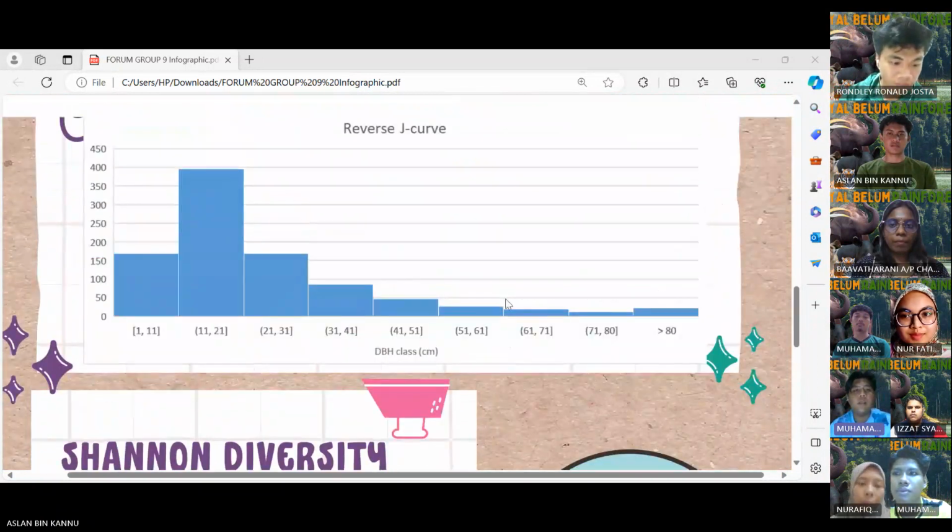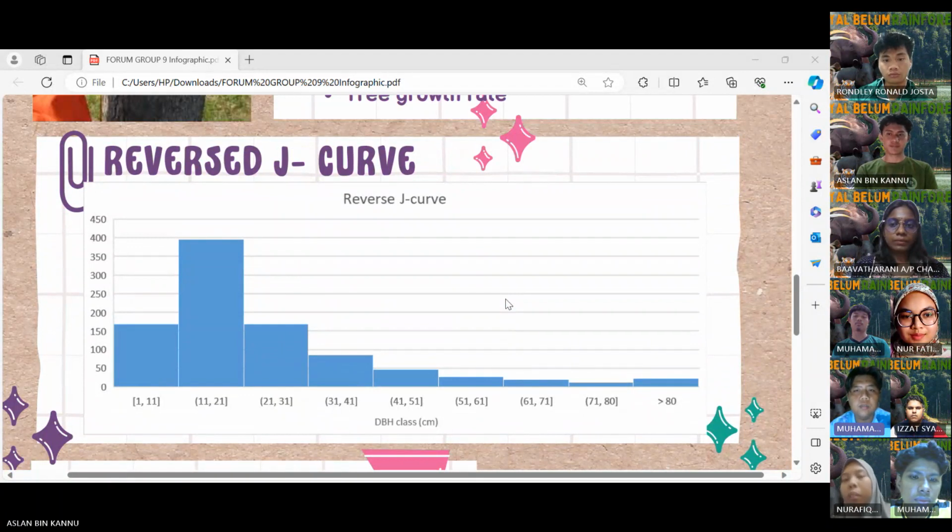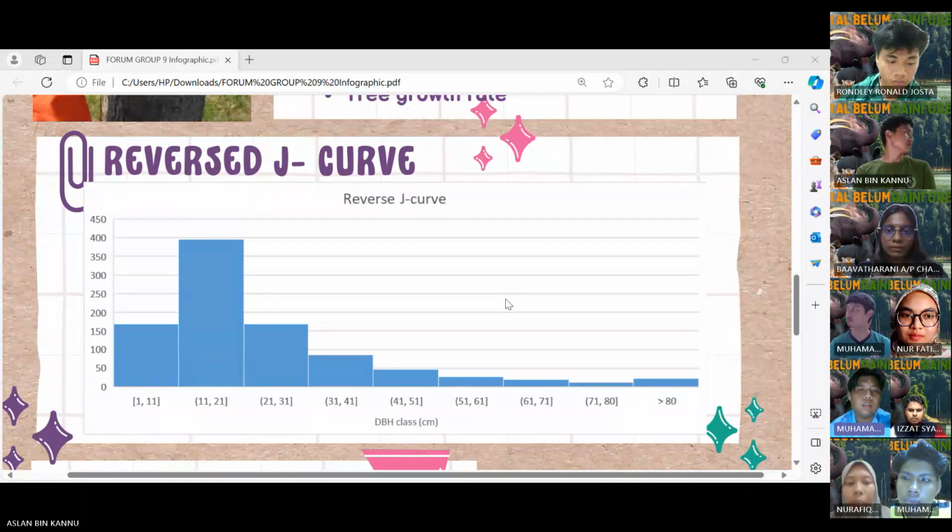Based on the result of the J graph, the majority of tree trunk diameter measurements in the area range from 11 to 21 inches, which can explain good growth and also healthy trees. Based on the results, the Simpson index reached 0.96, indicating a forest condition with high diversity. In addition, it is likely that this area has fertile soil and sufficient nutrient availability, which contribute to this high amount of biomass.